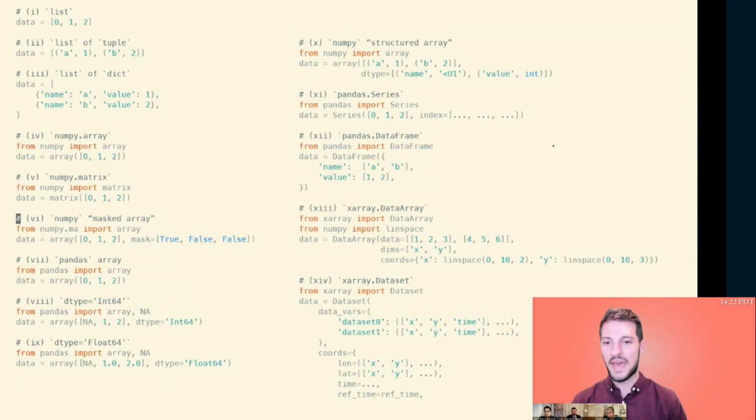So the NumPy masked array is slightly different than your standard NumPy array. It essentially uses a Boolean pattern to represent missing values from your data. There's two approaches that you can use to represent missing values. As we always see in NumPy, you see that NaN popping up everywhere, and it'll force your data type to float all the time.